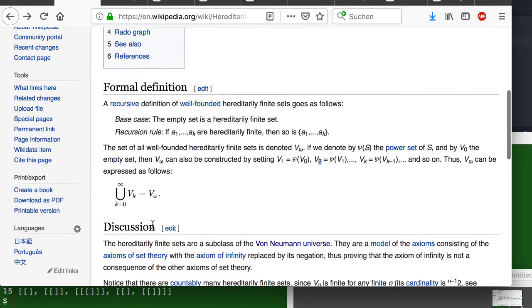And that would actually already make for a model of Zermelo-Fraenkel set theory, meaning all the axioms hold true in this collection of finite sets, except for the axiom of infinity, which says there is an infinite set, because in all these iterations that we do, we never